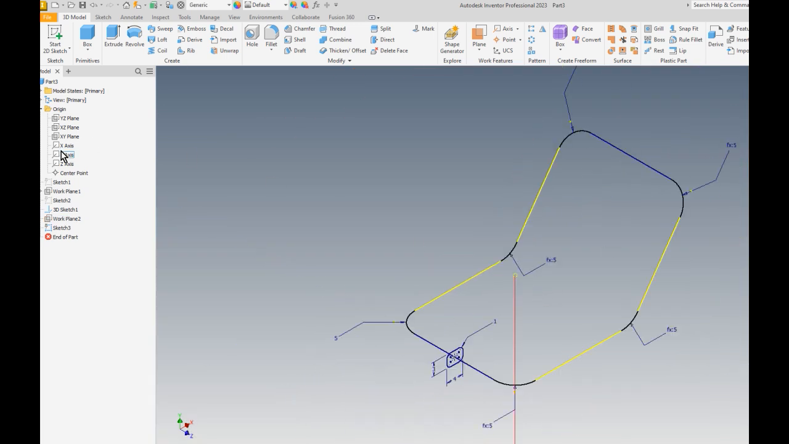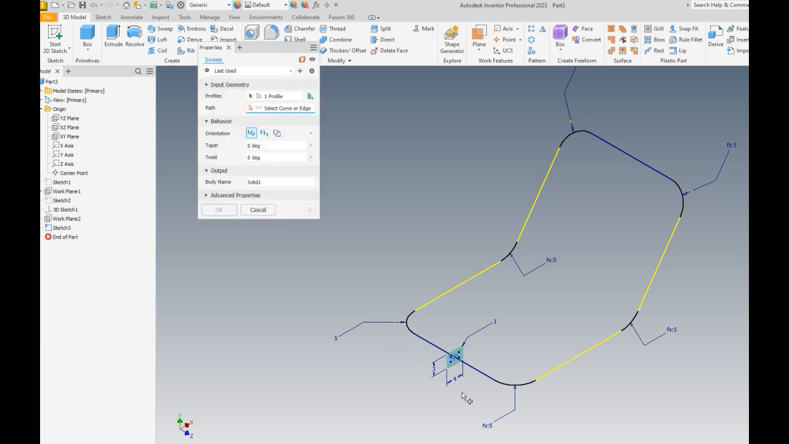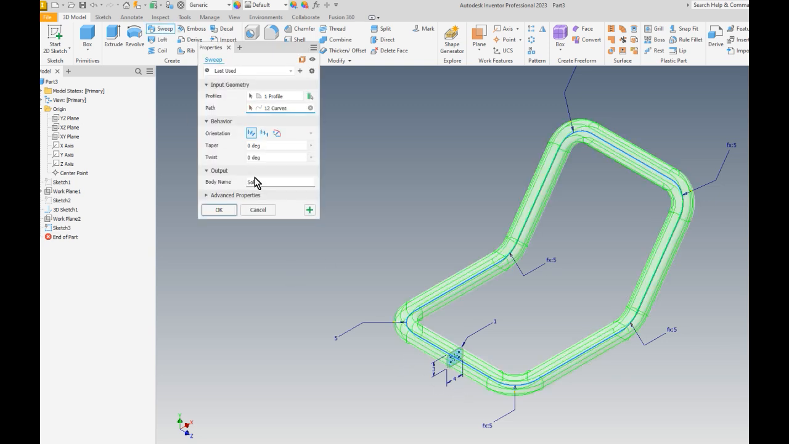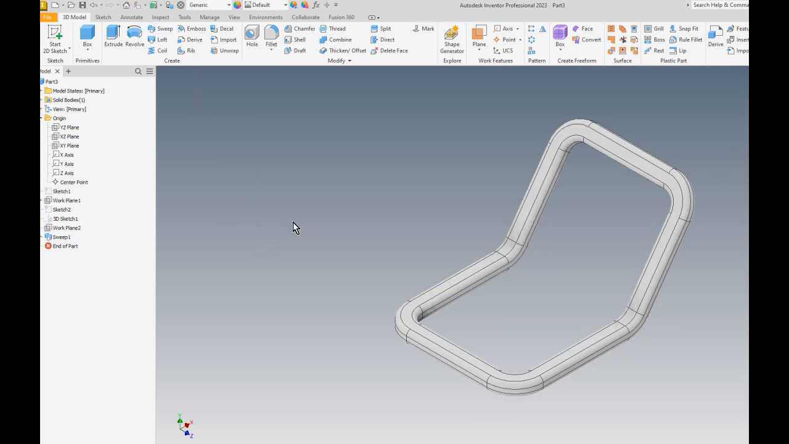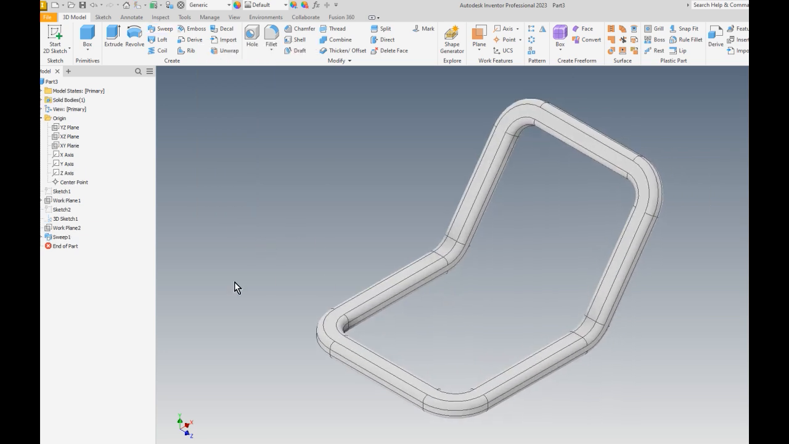Okay, and once again, what we are going to do is sweep it. There is the closed loop. There's the 3D path. Click OK. There's the part. Okay, now what I want to do, however, is make sure that I can control the angle. To do that, this is why creating it in 2D sketches becomes extremely important, because now